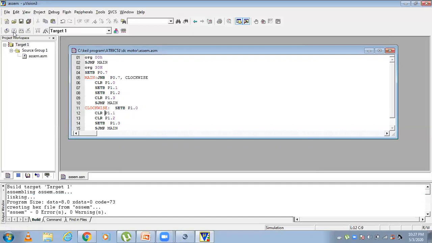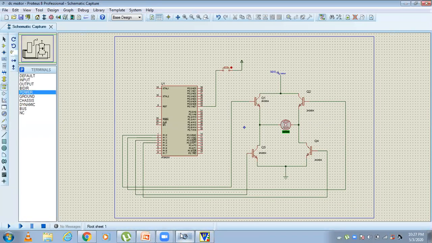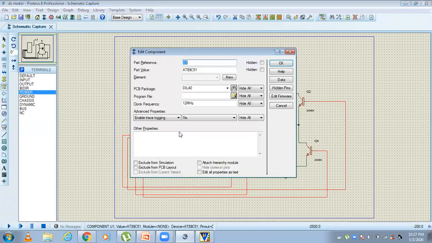Okay, now zero errors, and check that it is creating the HEX file. This HEX file is very, very important. Now this HEX file only we are going to load in the Proteus software.